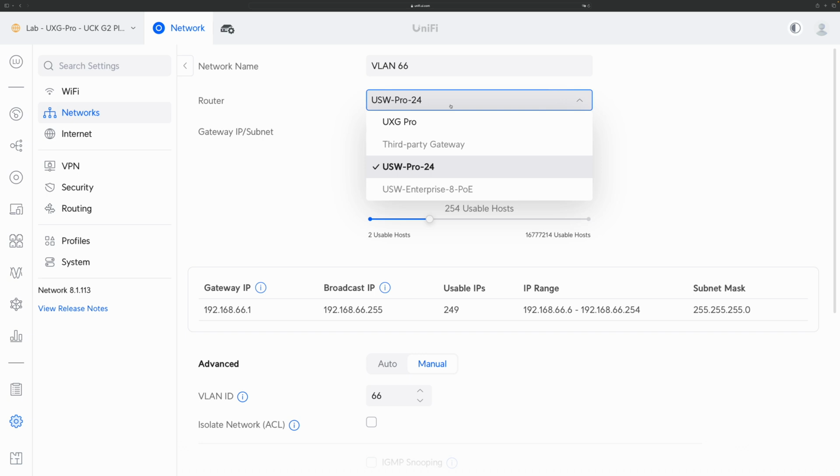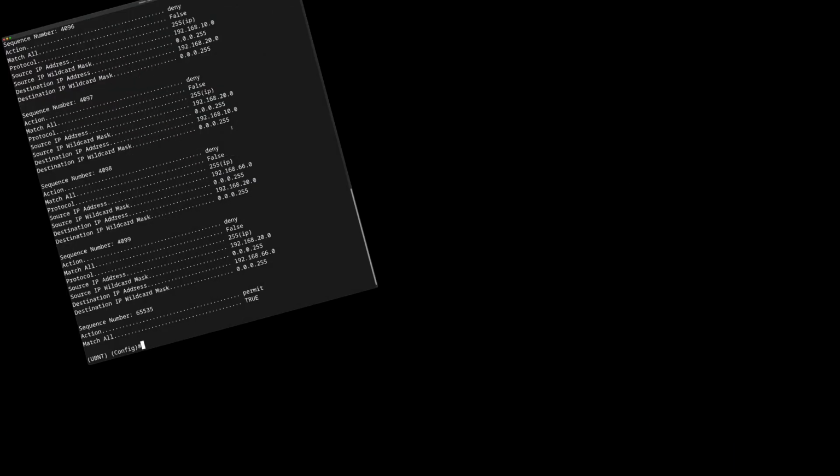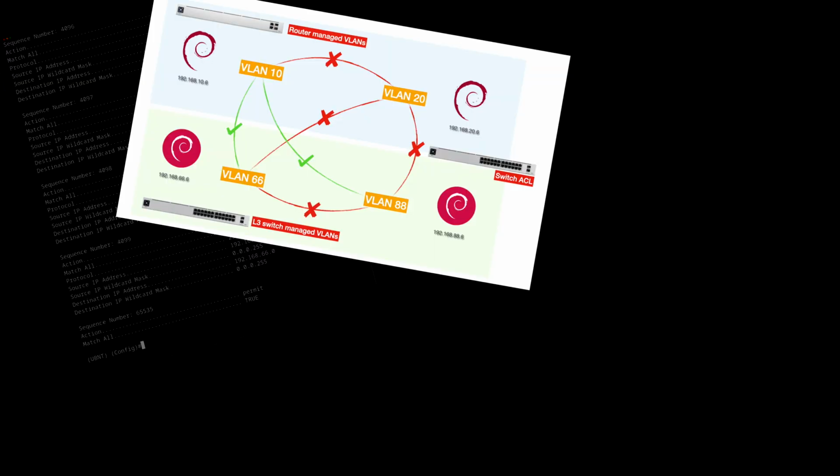You may know for inter-VLAN routing to work completely within a layer 3 switch, you need ACL support. Finally, recently, Ubiquiti started supporting the ACL setting in network controller, and this feature has been waited for by many people for a long time. In this video, we will discuss how ACL works from backend perspective, what if you only